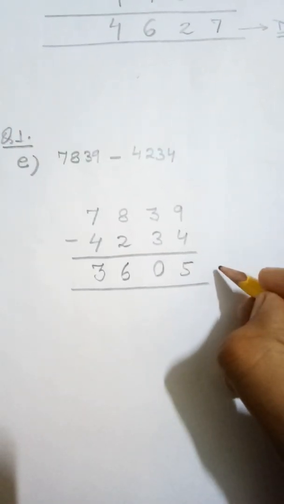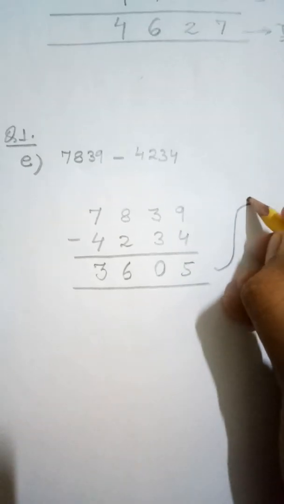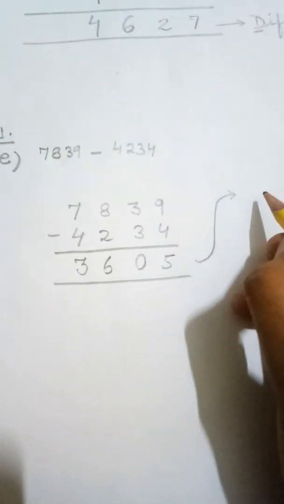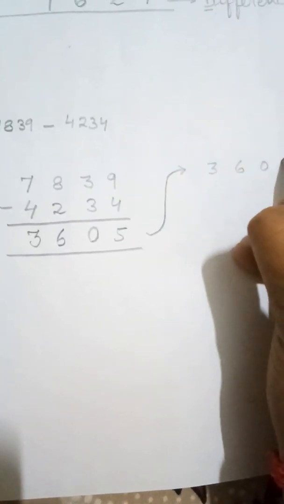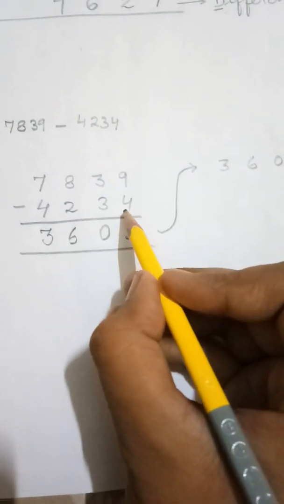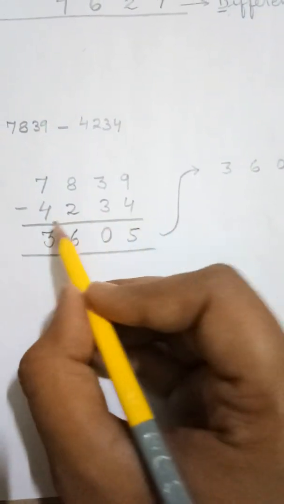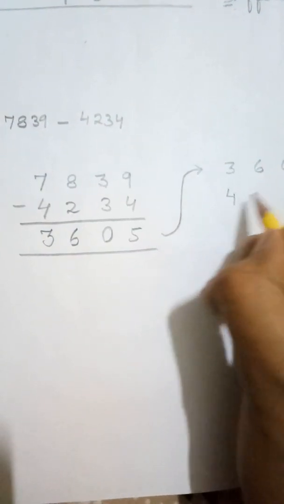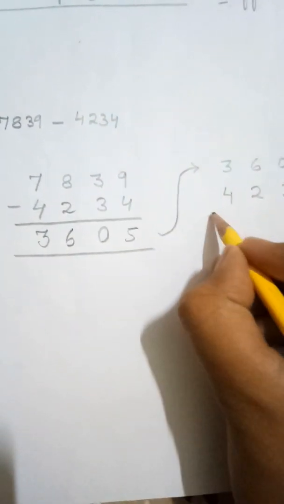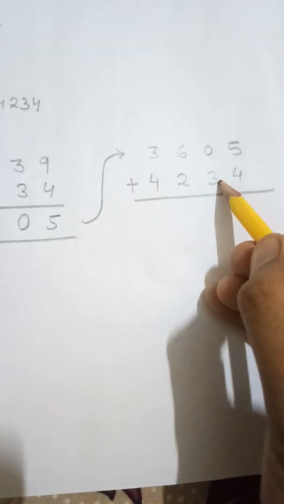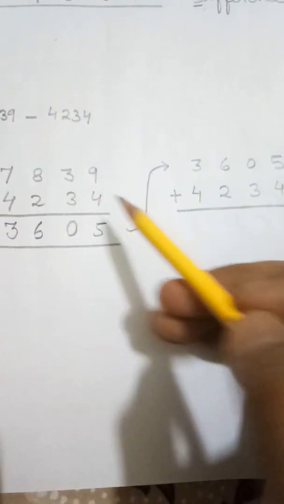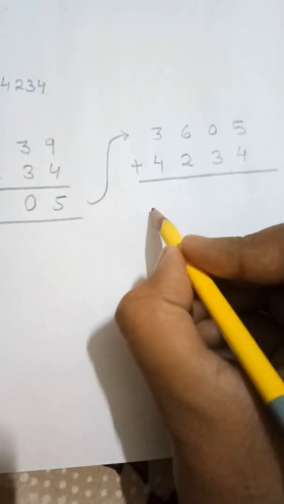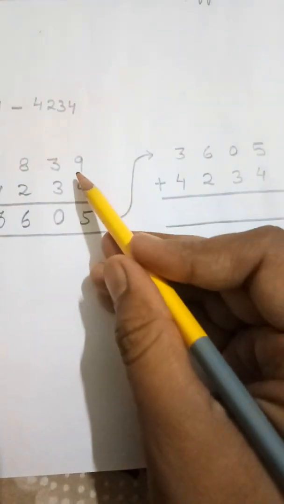After that we have to check. Check means you will take the difference and write it first, 3,605, and then the number which is being subtracted, 4,234, the subtrahend, will be written here. Now we'll add. Difference plus subtrahend should be equal to the minuend. If whatever sum comes is equal to the minuend, that means